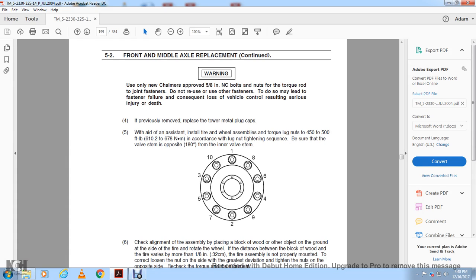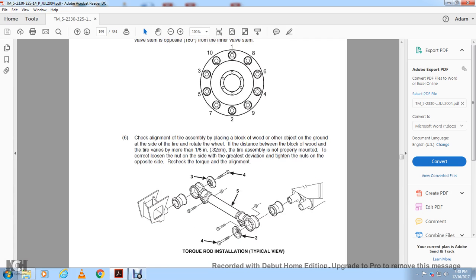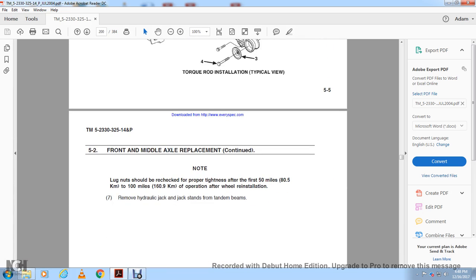Loosen the nuts on the side with the greater deviation, then tighten the nuts on the opposite side. Recheck the torque and the alignment of the torque rod installation, typical view. For front and middle axle replacement, the lug nuts should be re-tightened to the proper torque after the first 50